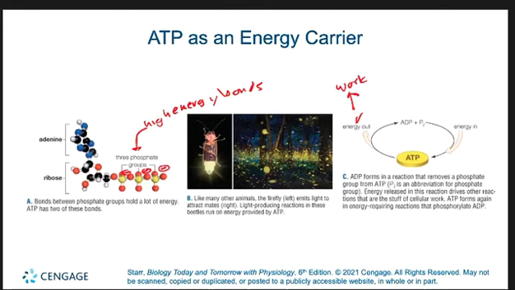And then fuel in the form of food is used to reassemble ATP, right? So energy from food is used to put ATP back together, right? In a process that involves either stealing the energy directly from the chemical bonds in the food or using the energy in the food to create what we'll find out in mitochondria is a proton gradient to drive ATP production. And we'll get into those details a little bit later.